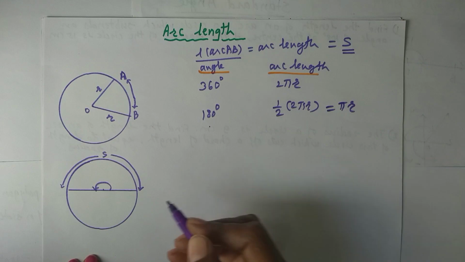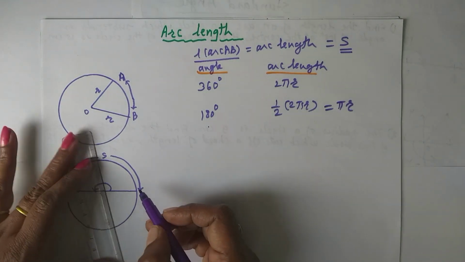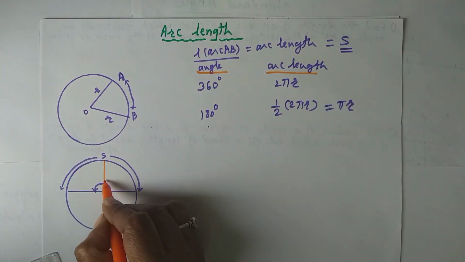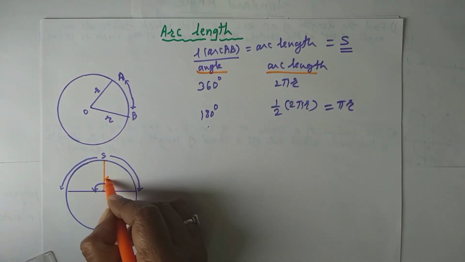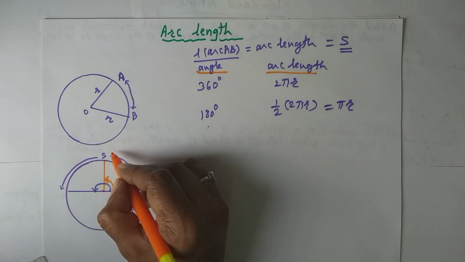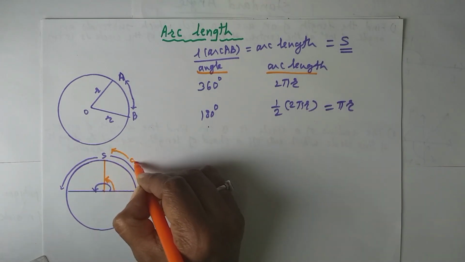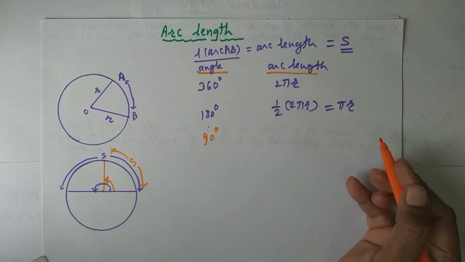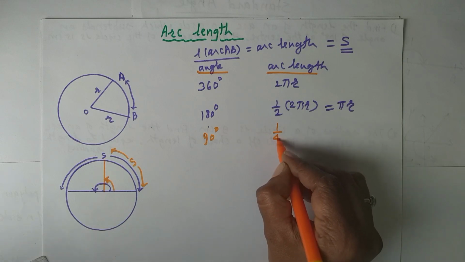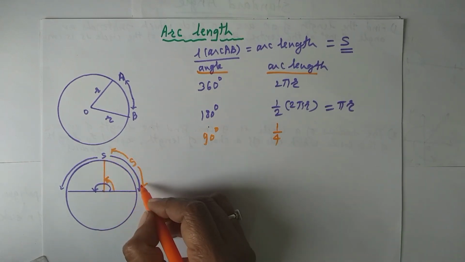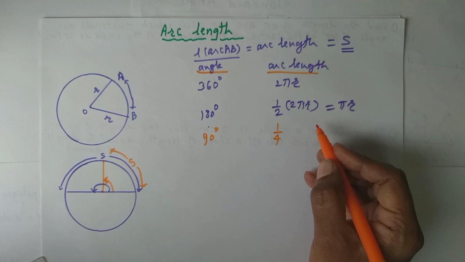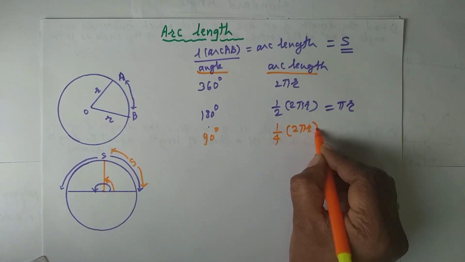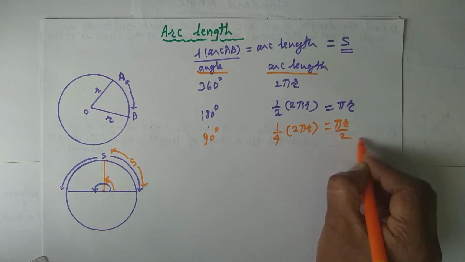that is pi r. Okay. Now, suppose the rotation is only this, 1/4 of the circle, then what will be the arc length? What is the angle here? The angle is 90 degrees. And the arc length is the 4th part of the circumference. This is 1/4 part of the circumference. Therefore, you write down 1/4 times the circumference, that is pi r divided by 2.